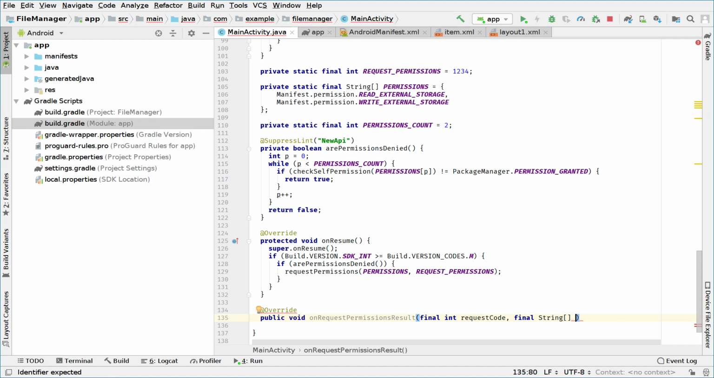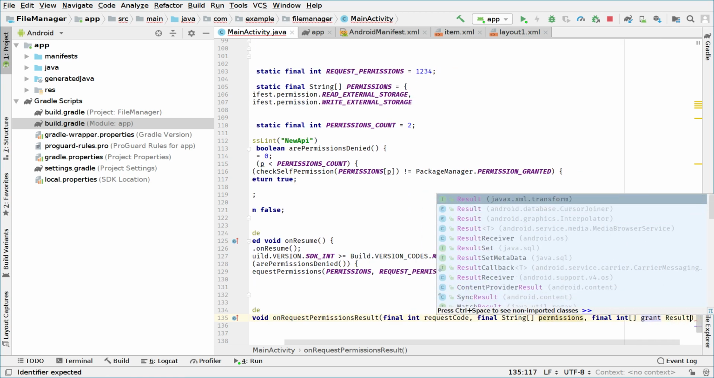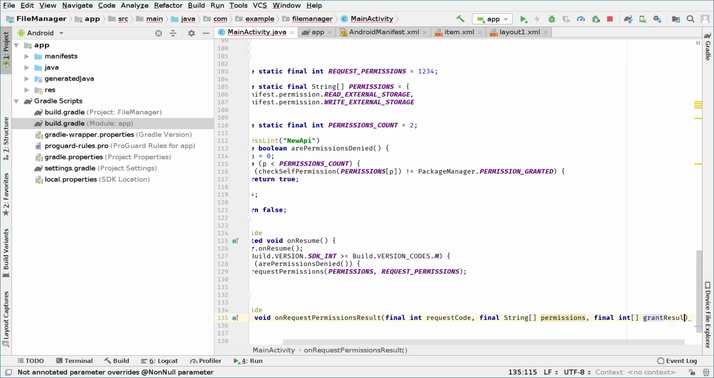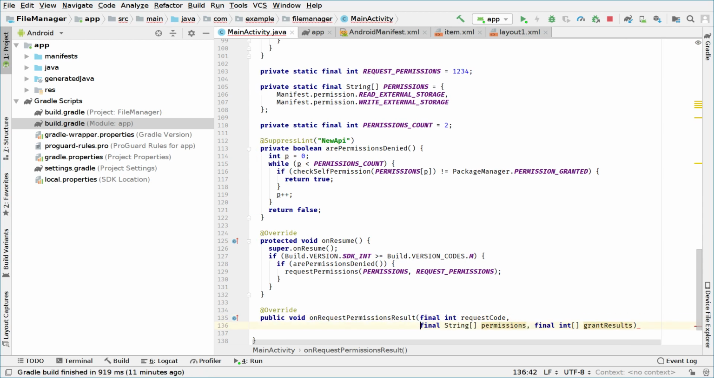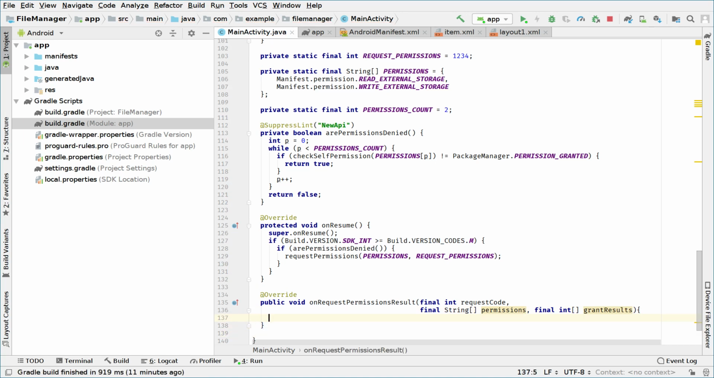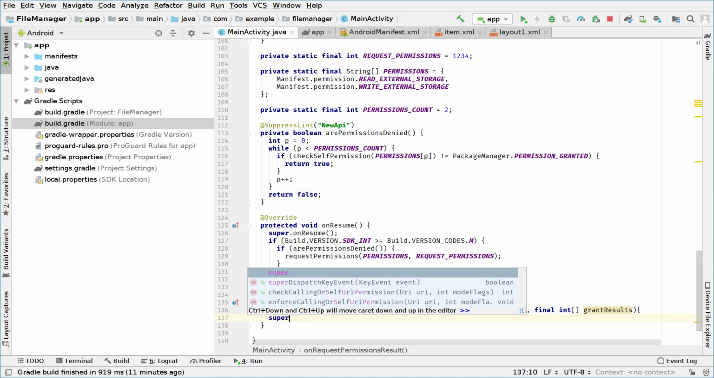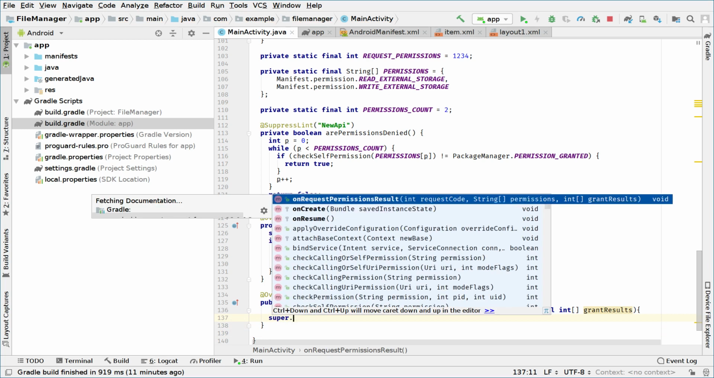We receive the parameter permissions, and final int array grant results. Okay, so I can put this on a new line for better readability. We open the method, and inside this method we call super.onRequestPermissionsResult, and